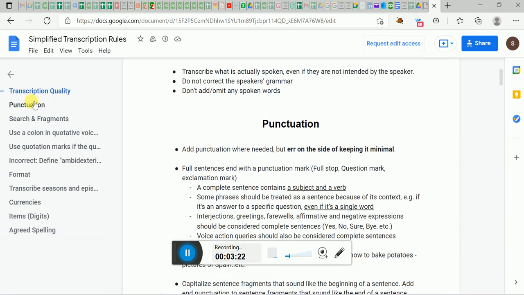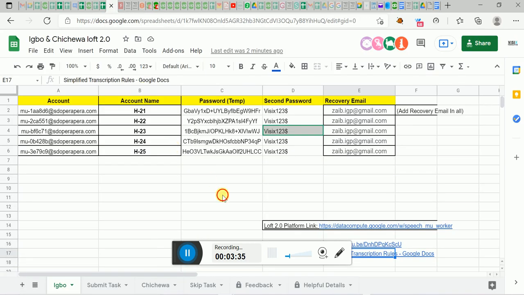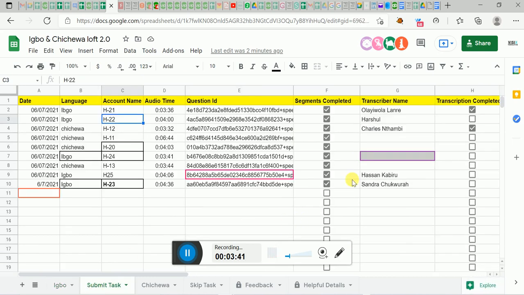And now I am going to my submit task again. For example, if my task gets completed, like if the last second of the audio is completed, what I have to do is to just click mark the transcription complete, like this.